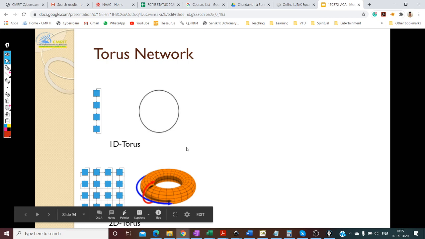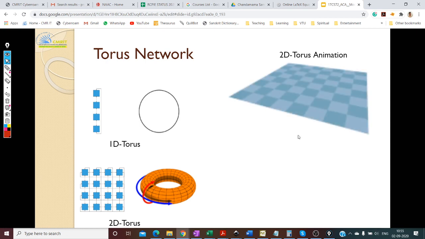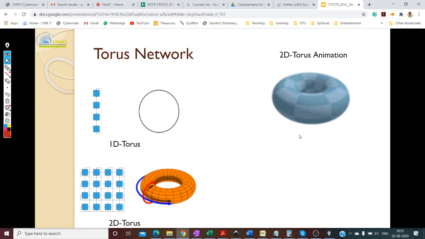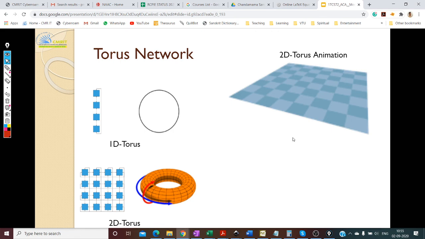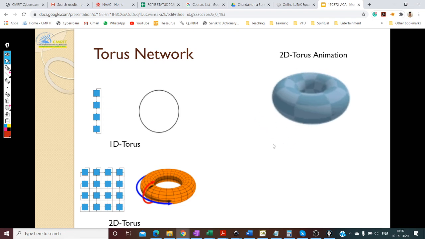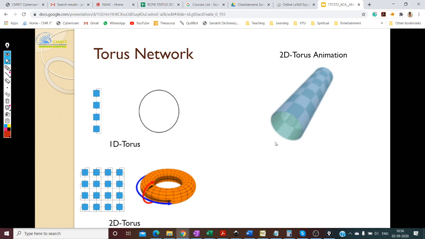So it's going to look something like this. It's going to fold like this, so it'll look like a donut. And how is it going to look like a donut? It's like this. You make a plane, you fold it, and you connect the ends. It became a donut now. That's all. It's very interesting. Now see, you made a very connected network here. So this is your torus. And the most beautiful thing about a torus is that it can be scaled very nicely.